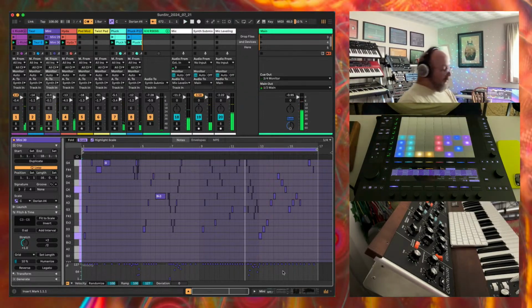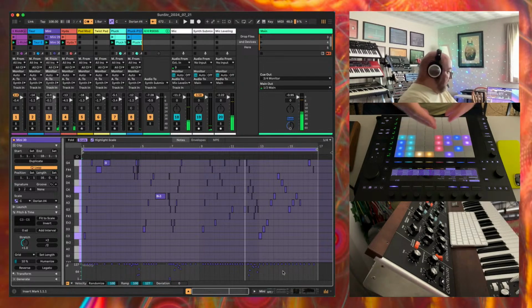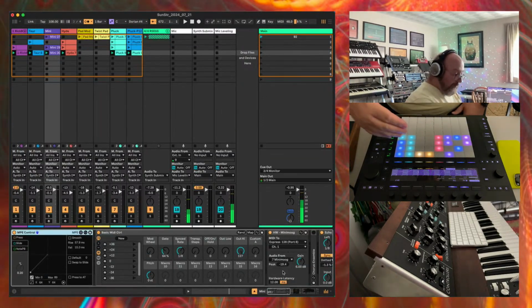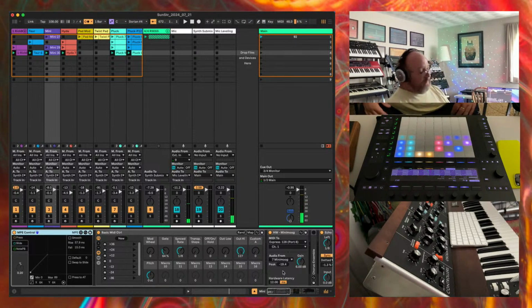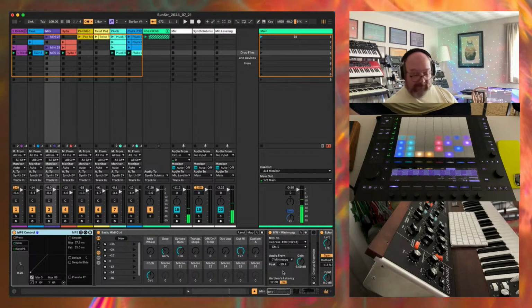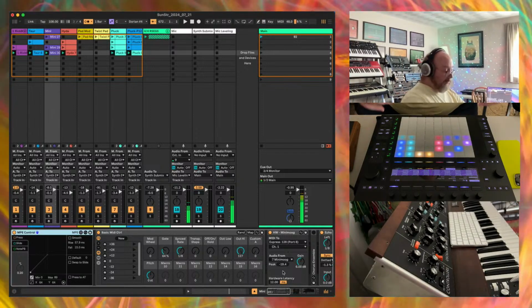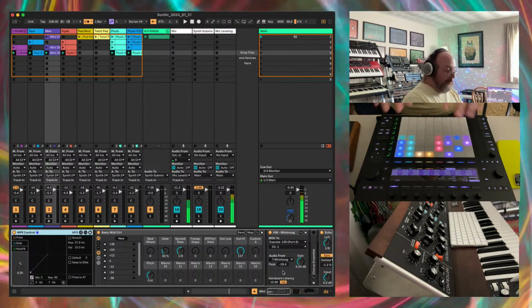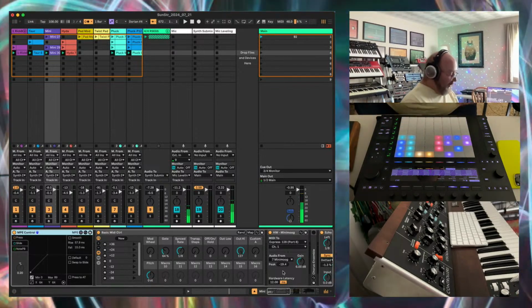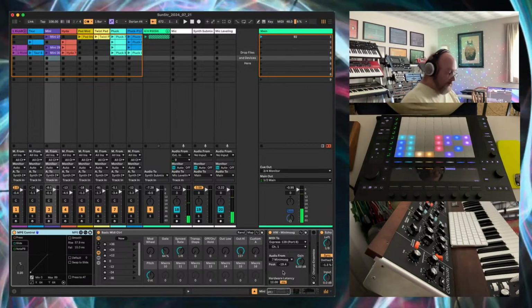All right, so if we look at the clip view on the screen over here, we've got these parts. We've got two variants on the second and third line, and then we've got this sort of left turn here. You want to turn this into a song that you want to release. You could just jam out on this, because you could start individual clips, right? So if I, for example,